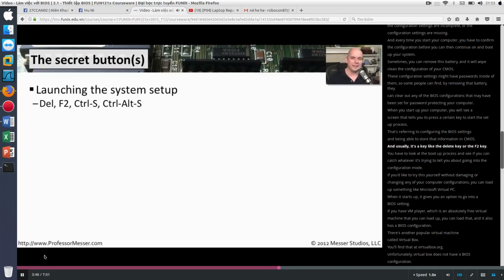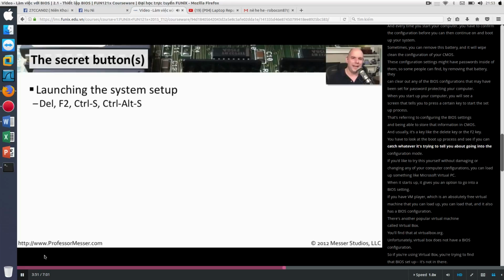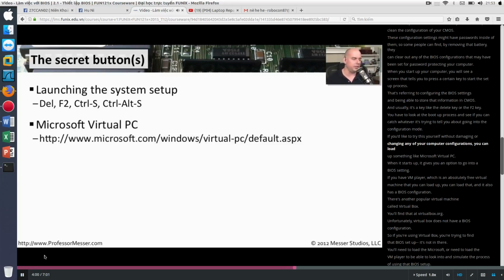Usually it's a key like the delete key or the F2 key. You have to look at the boot up process and see if you can catch whatever it's trying to tell you about going into the configuration mode. If you'd like to try this yourself without damaging or changing any of your computer configurations, you can load up